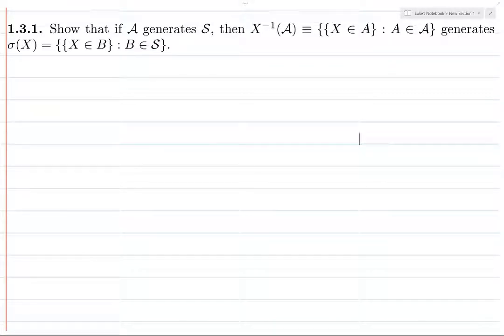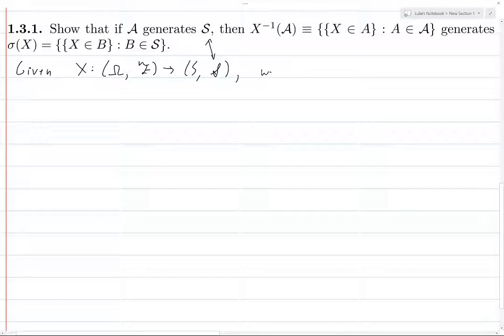All right, so here's an exercise. The first thing I'm going to do is rephrase this in terms that make a little more sense to me. As a reminder, X is a function from the space Omega, which is endowed with the sigma algebra F, and it maps to the space S, which has the sigma algebra fancy S, which is just these two are the same thing. I just need some way to differentiate a capital S from a fancy S, so I use a cursive S. Okay, so we must prove